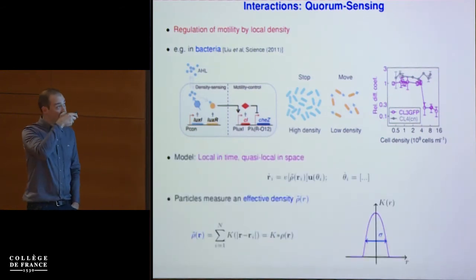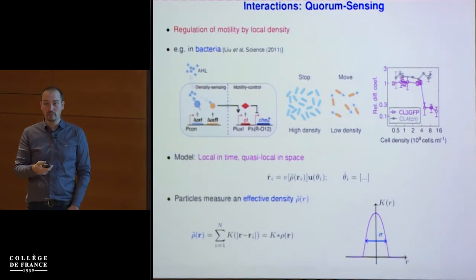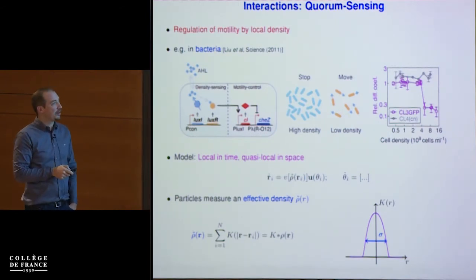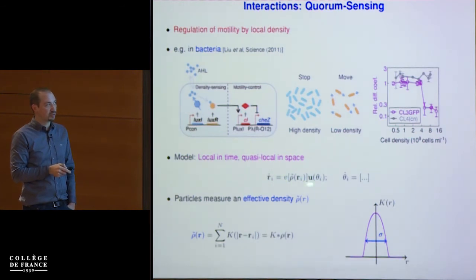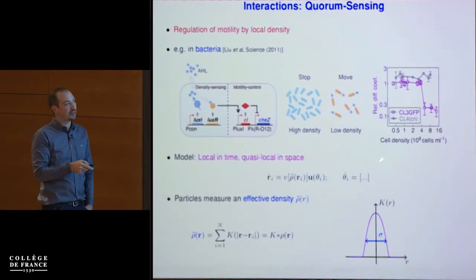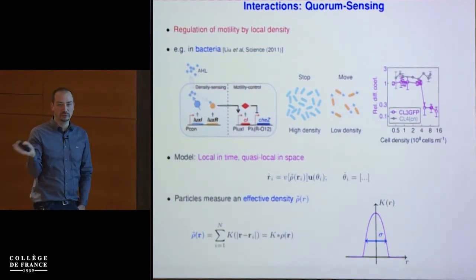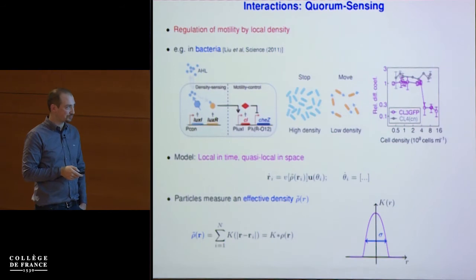So that's also something you can again put in a small model like the one I study. And here I'll do something very simple. I'll just say, well, my velocity is my self-propulsion speed times the direction in which I'm pointing. And then I'll have whatever dynamics I want. I can have rotational diffusion, tumbling for the orientation.